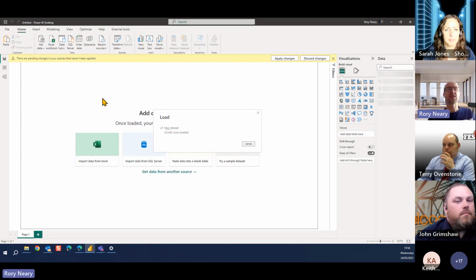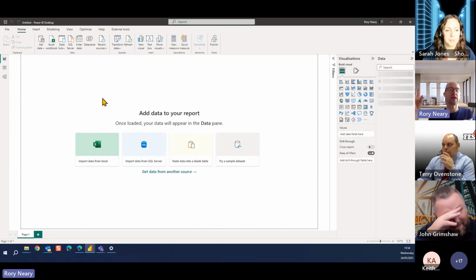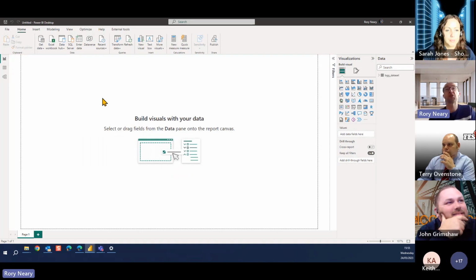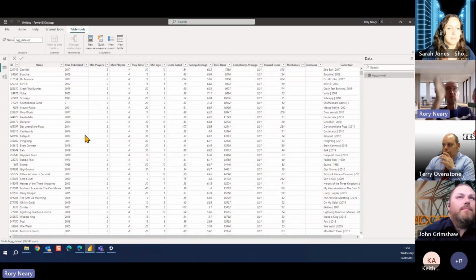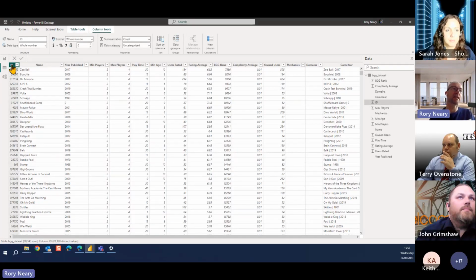I haven't limited this to 7,000 rows of data. We've got a much bigger data set here. We've got all of the data, so it doesn't really make a whole heap of difference to me anyway. So you can see we've got all of the fields here, and if you select the ID field, this is quite interesting. I know it's a bit sad, but look at this. 20,343 rows and